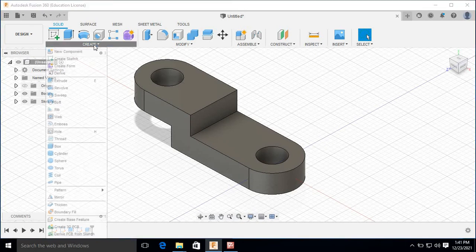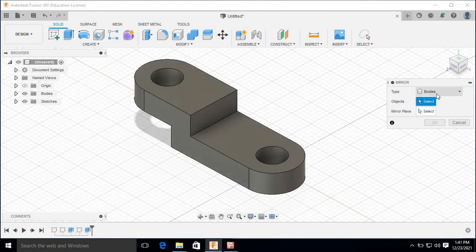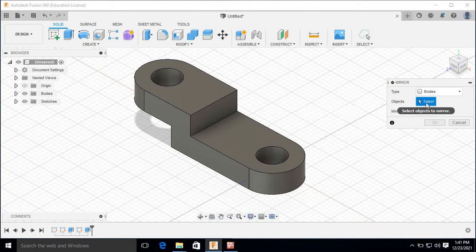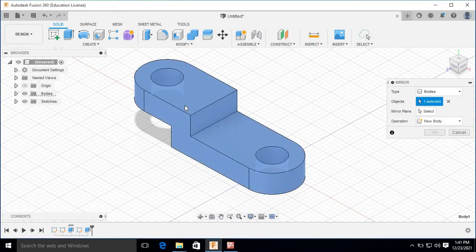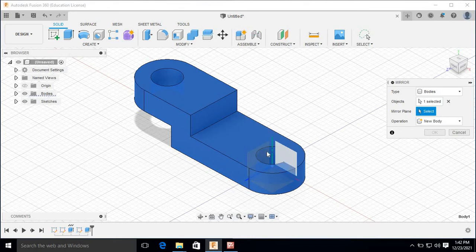So click on this create panel, and here see, here it is the mirror command. So select that mirror command, this window will open, and here it is the bodies. So I have to select the body, so click on this and select the body. Then I have to select the mirror plane. Now as I told you, we have drawn this part on either side of that horizontal plane.